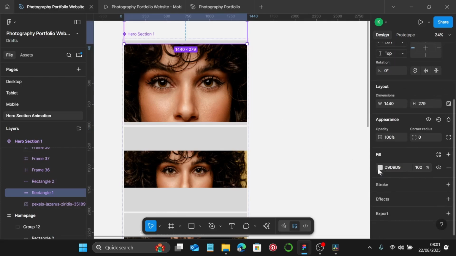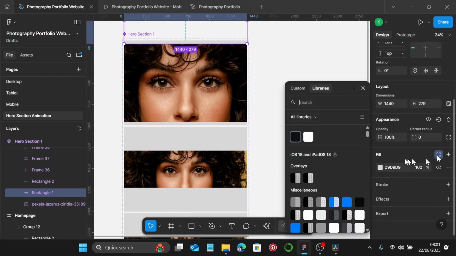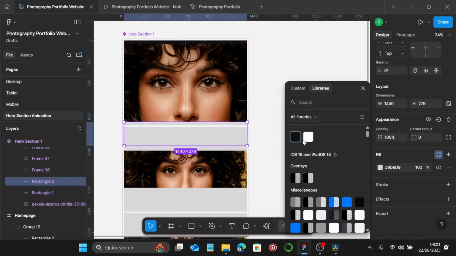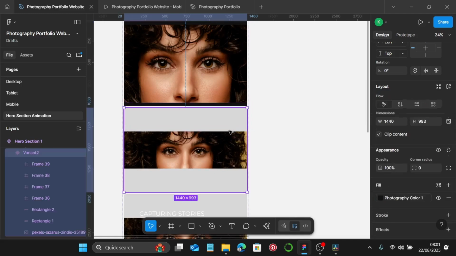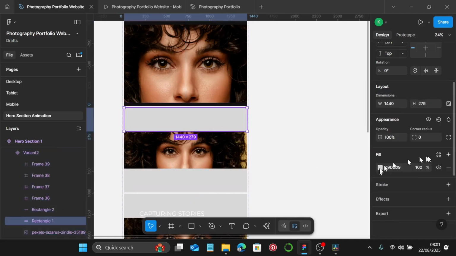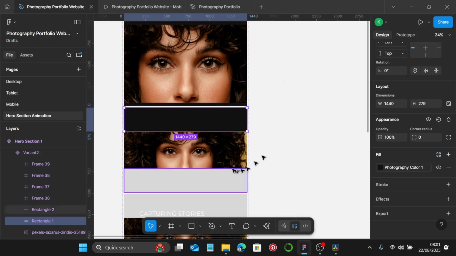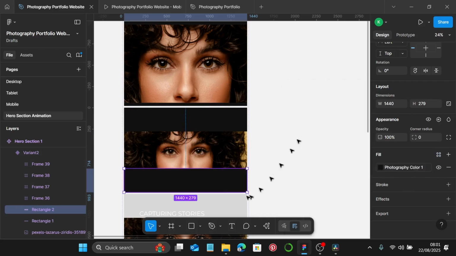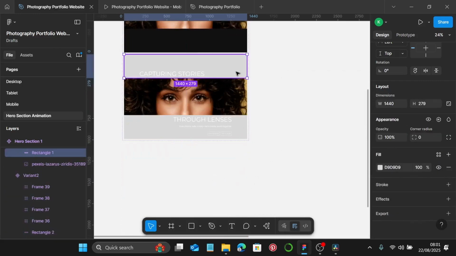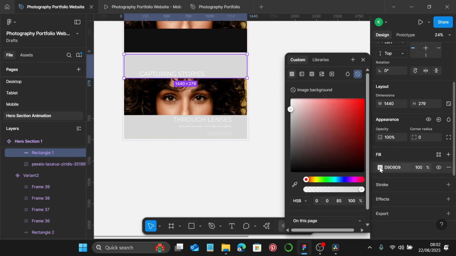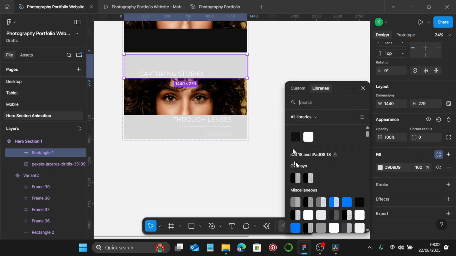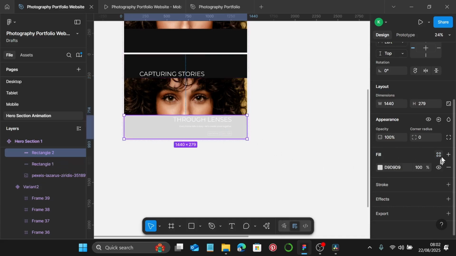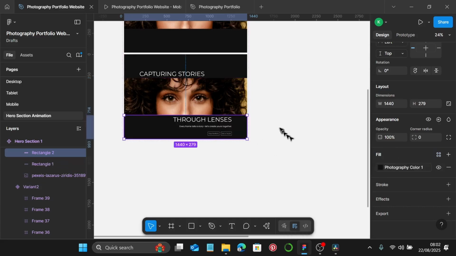the color of these rectangles. So I'm going to change the fill to dark color. Same with this one, dark color that's almost black. Same with this one. And then finally this one. Oops, no. Then this one. Okay, so